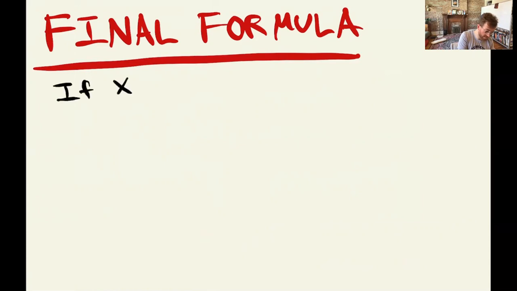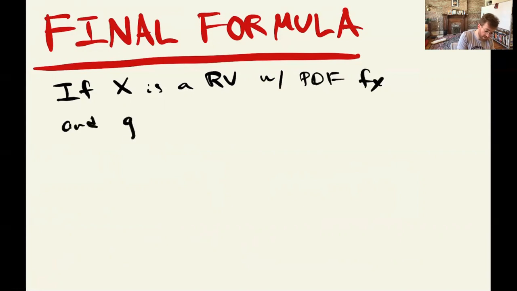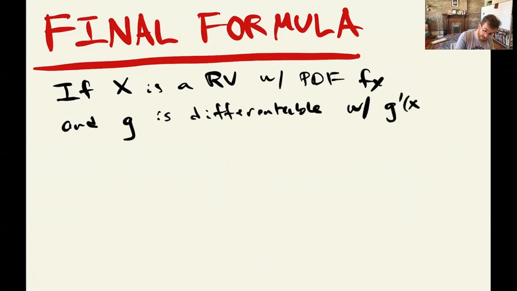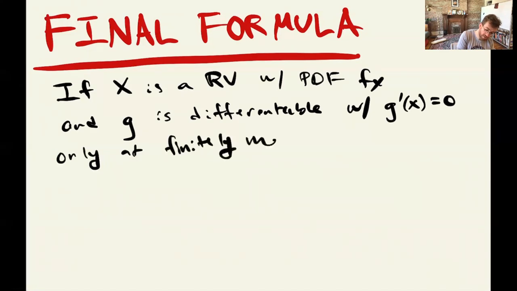If X is a random variable with PDF little f of X, and G is some function that is, let's say, differentiable, with G prime of X equaling 0 only at finitely many values of X, then